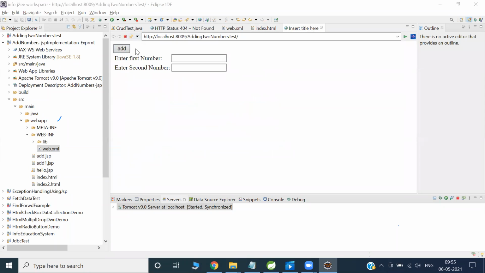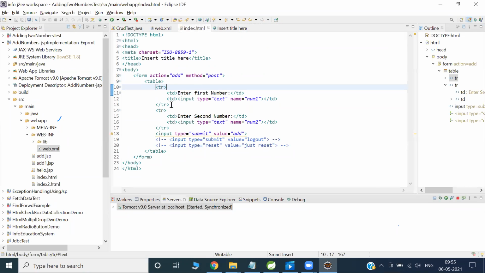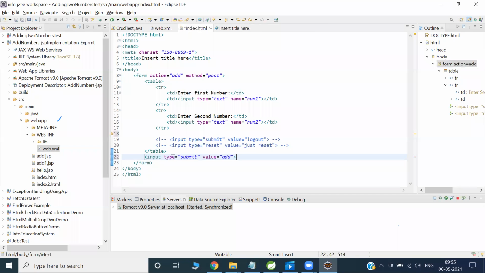Okay, the add button is at the top, right? Index, right? The input type submit should be outside the table. Control X, keep the button outside the table every time, but it should be above the form.